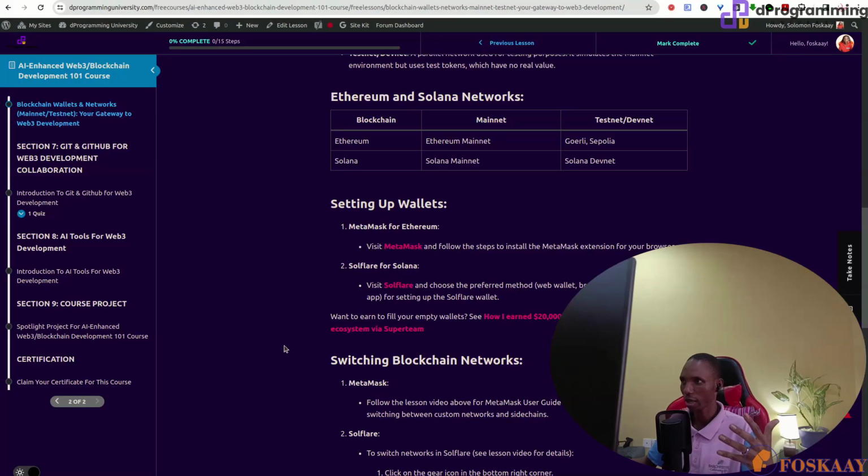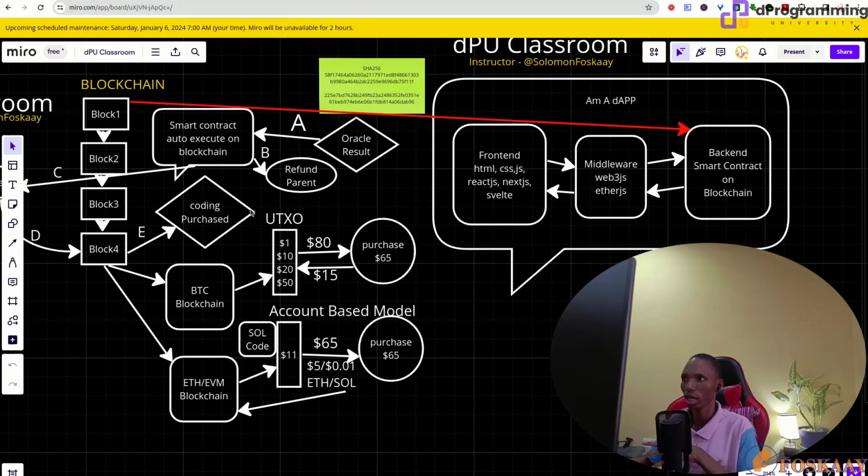So that's as we continue our course on AI enhanced Web3 blockchain development 101, so that as a beginner, before you start fully into coding and developing the front end, middleware, back end of a dApp, you need to be able to work with a wallet. You need to know what a crypto or Web3 wallet or blockchain wallet is, how to set it up, and